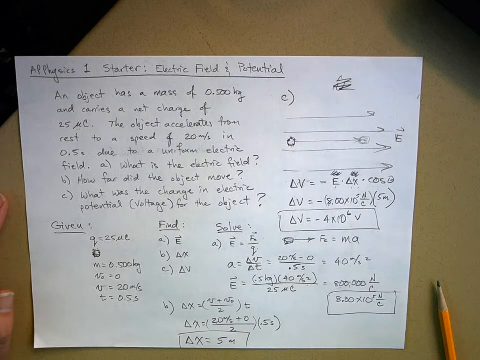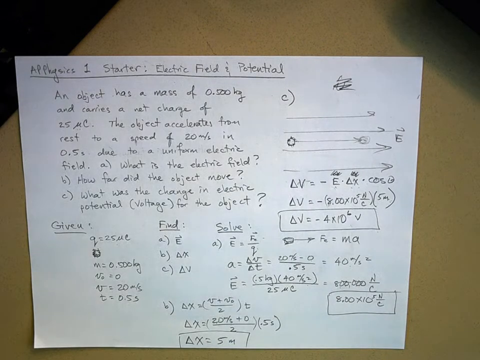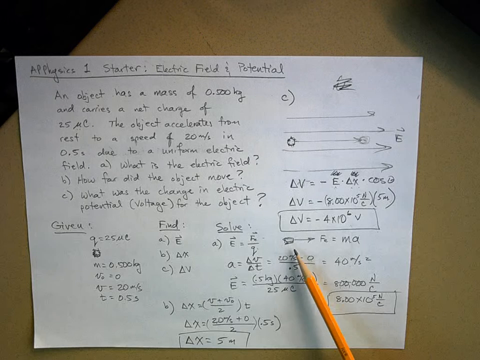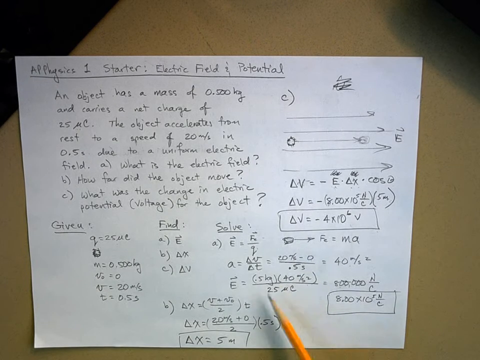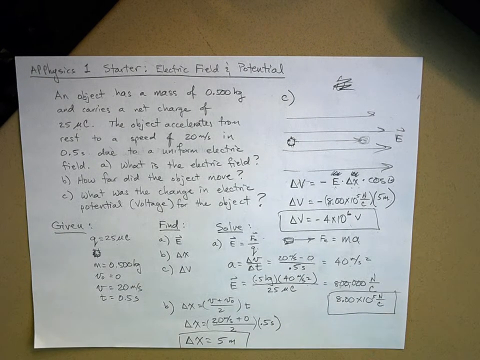So there's a little bit of everything from first semester and second semester. Look, we drew a little free body diagram, used kinematics, and then also electricity and fields and potential. So these are the kind of things they're going to want you to do. Some of it's going to be all mixed up. Does this make sense to everybody? Can you do a problem like this on the test? Maybe. We're going to find out. All right. So, if there are no questions, that is